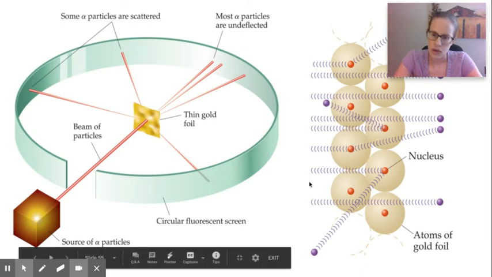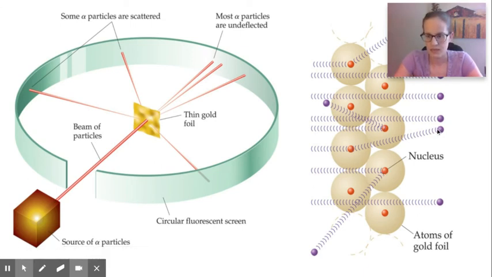So that when this positive charge comes in, if it gets deflected, that means that you've got two particles that have the same charge. Well, we know the alpha particle is positive, so that means that this nucleus must be positive too if it's deflecting a positive charge. We also know it must have a really high mass,